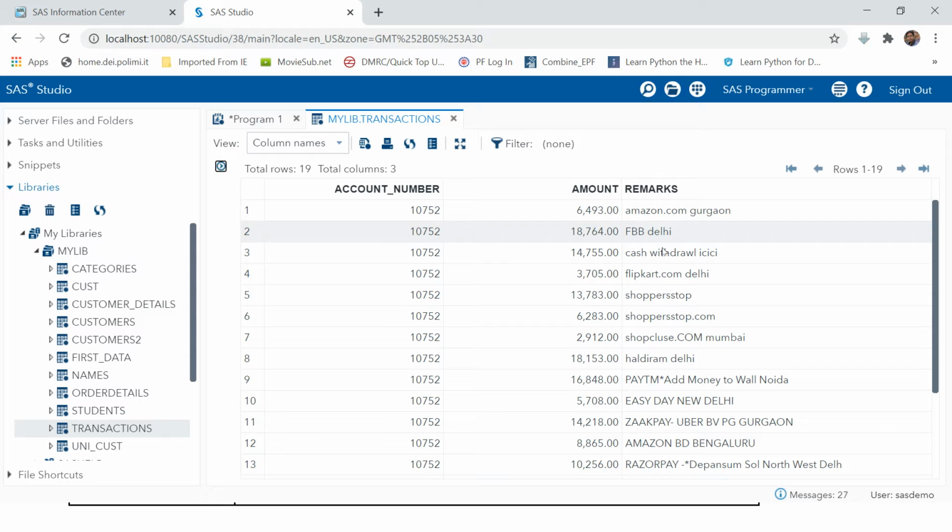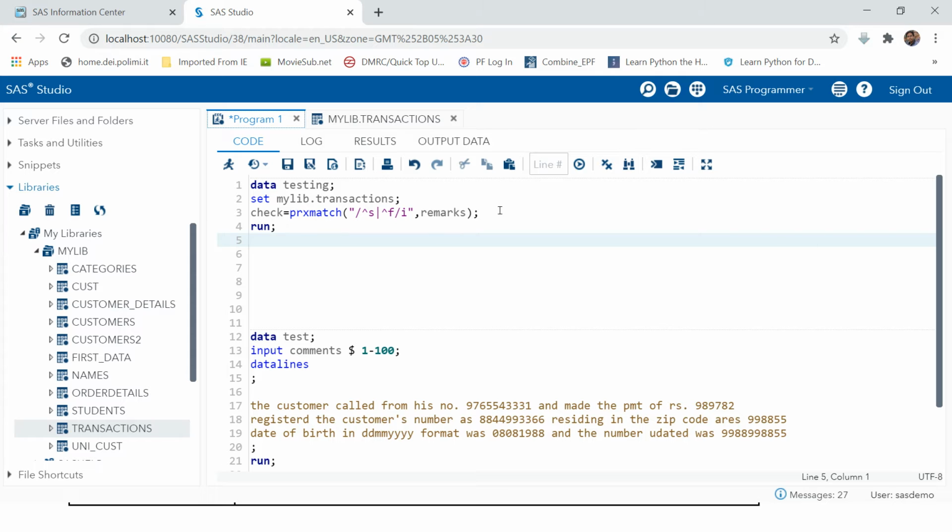First, let's say if you want to look for all the entries which starts from S, all right, all the entries which starts from S, you want to look for all of those entries, or maybe you want to filter all of those entries. How you can check that? So for that, you can use PRX match.